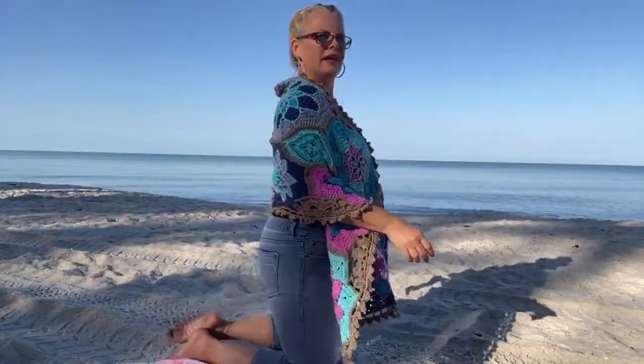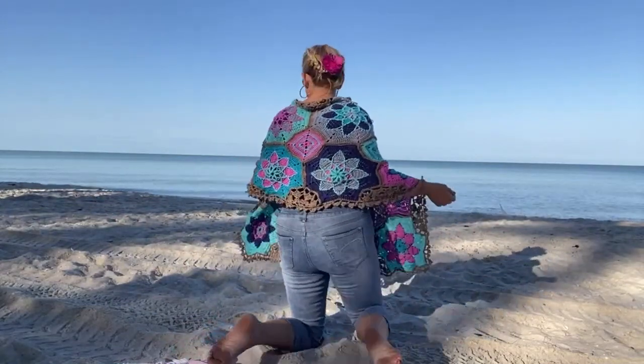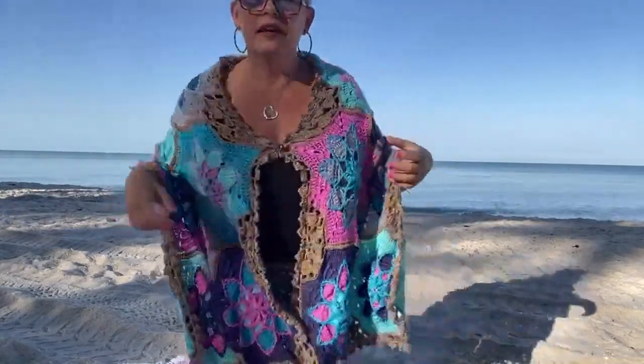So I'm using one of my little butterfly clips, and you can see how well that closes it. It has definitely more of a poncho or cardigan vibe this way. And because it's a decent size, it covers a lot in the back too, even though it's still just a rectangular wrap. This is how I was intending to wear it today, but I also brought a stretchy belt to